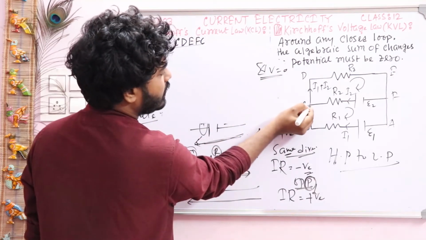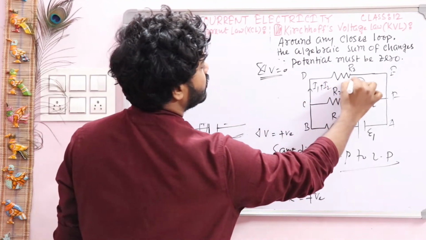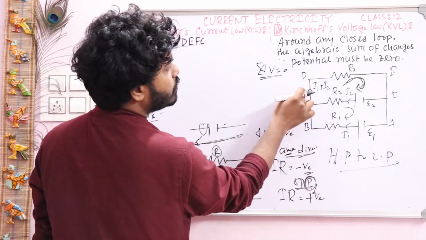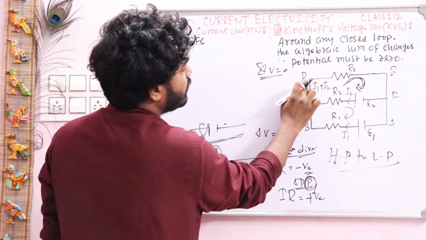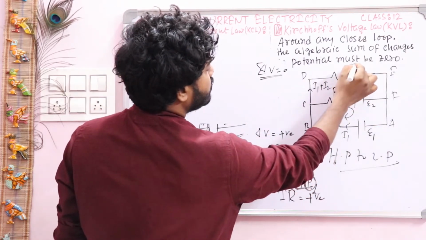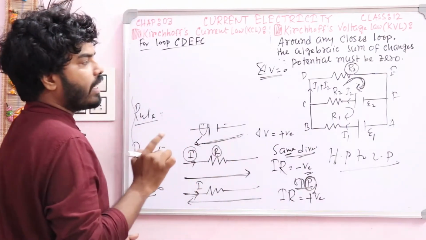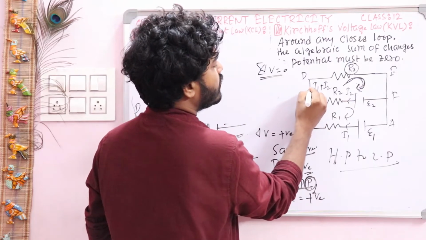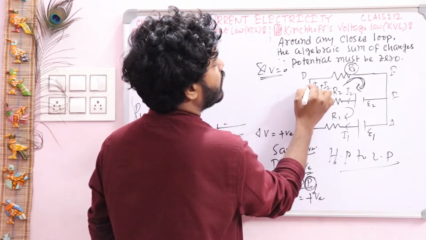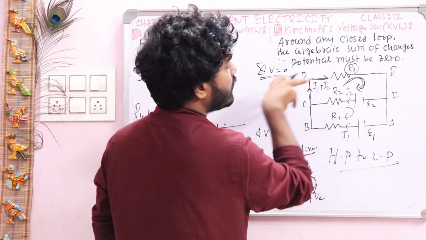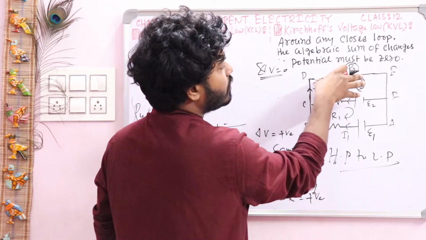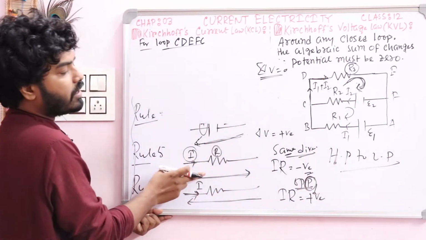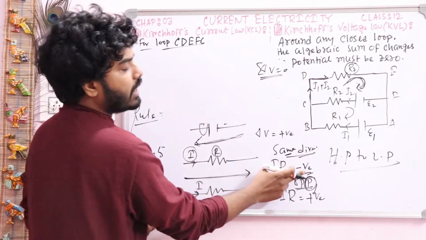So your starting point is C and you are going in this direction. Suppose you are going clockwise. So C to D there is no equipment, no problem. Now D to E there is a resistance R3, and you check. Your direction is D to E, and here the current is flowing in this direction, I1 plus I2. So your direction and the direction of current are the same, and the rule is when your direction and the direction of current are the same, you have to consider negative.